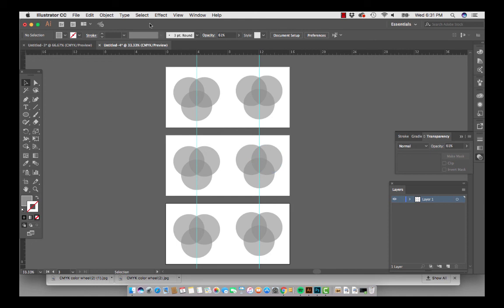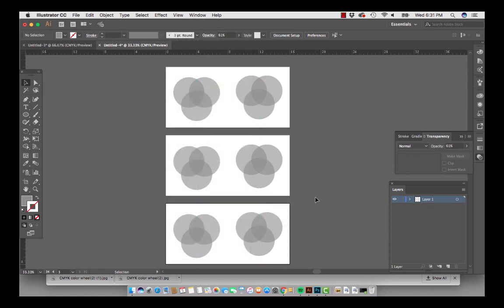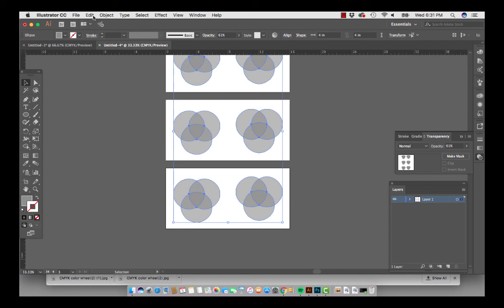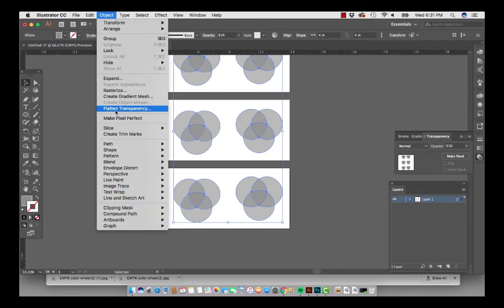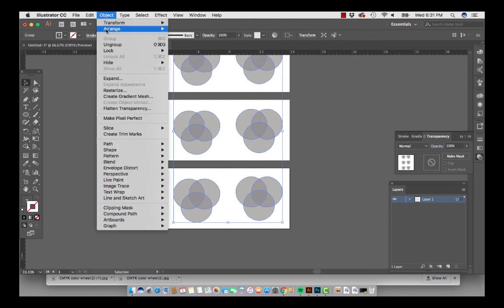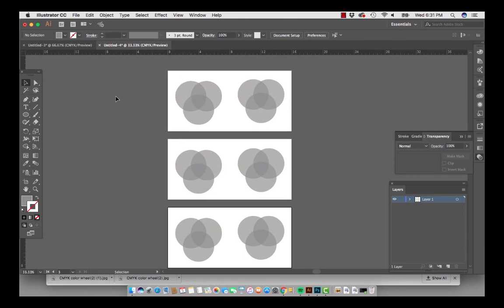What I'm going to do now is go to View, Guides, and hide the guides for right now. One of the things I need to do is flatten them so they're all editable, so I might as well do it all at once. I'm going to select all 6 of them and go Object, Flatten Transparency, hit OK, and then go Object, Ungroup. Now they're all individually editable and I'm ready